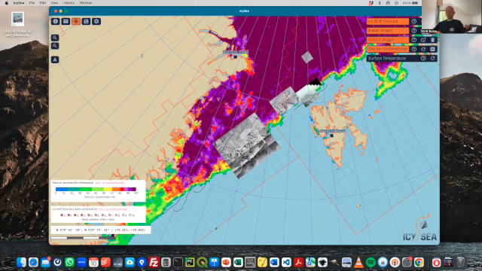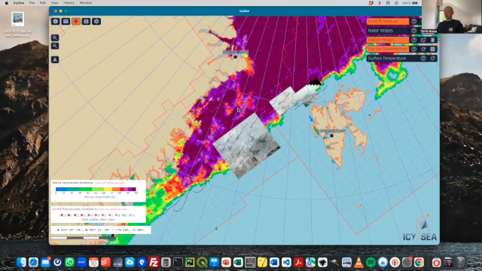If for whatever reason your internet connection is broken up, then everything that you have already downloaded will remain in IcySea. So if we cut the internet for me right now, I would still be able to look at those radar images that I have here, the optical images, the sea ice concentration, all that stuff would still be there. Also, if I close it now and I reopen it, all those layers are still there.